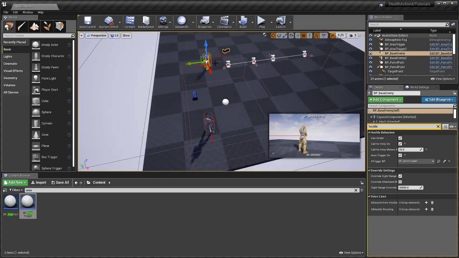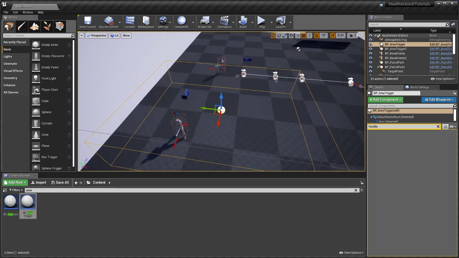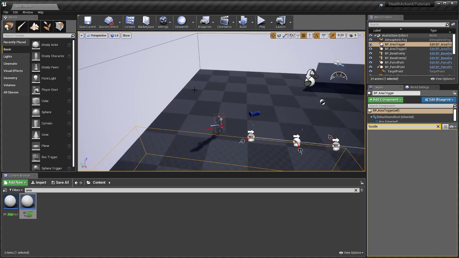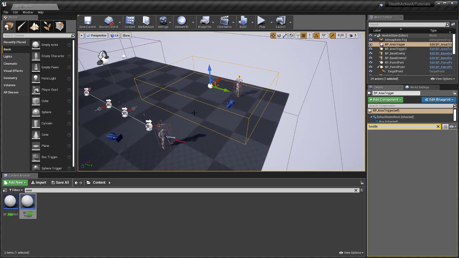This AI has assigned this box, and this box is about this length. Let's say there is a house here, like barracks, and you have like 6 AIs over here. As soon as the sniper AI sees us and goes hostile, it will send a signal to all the AIs